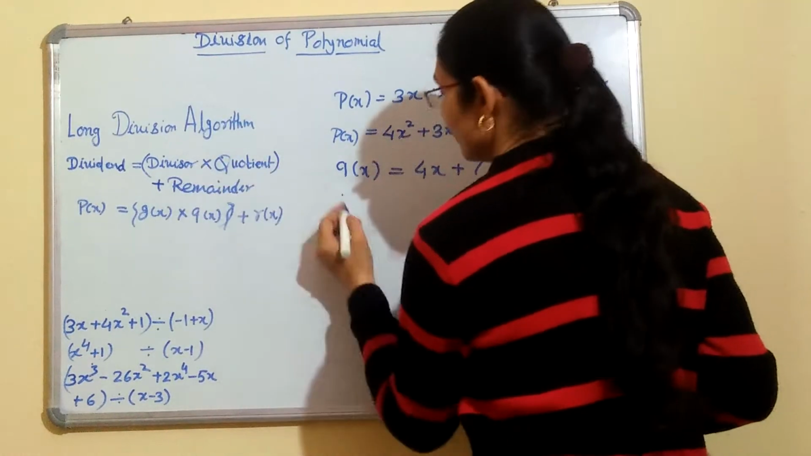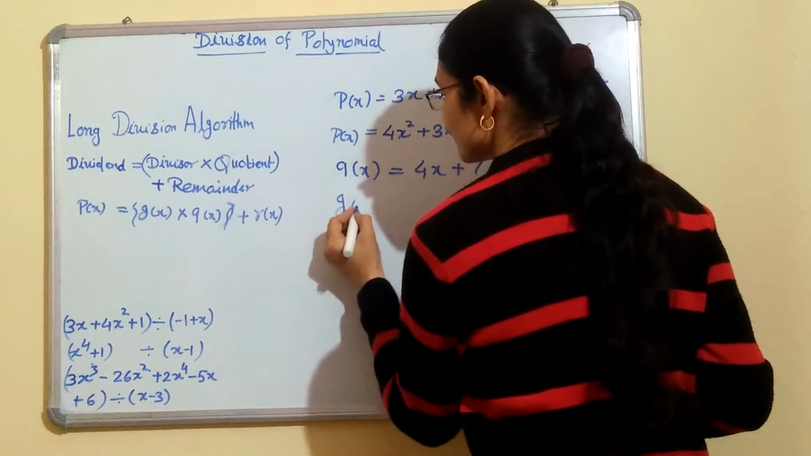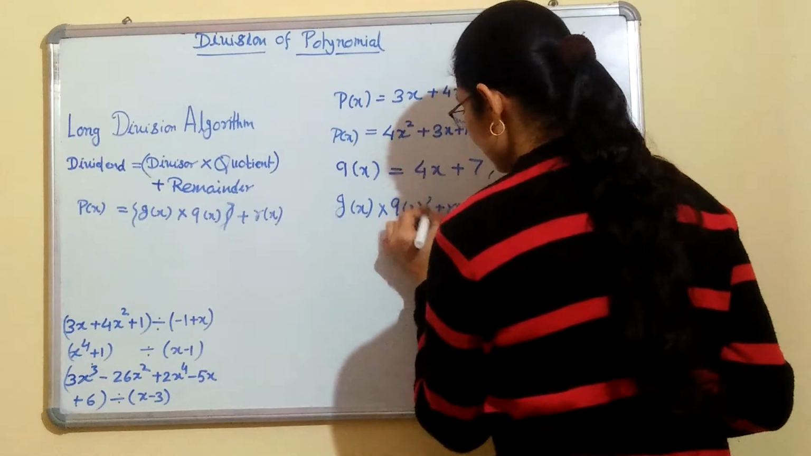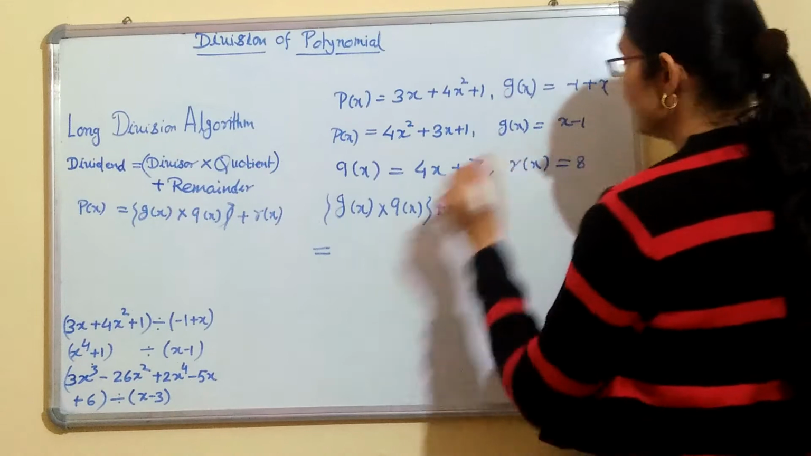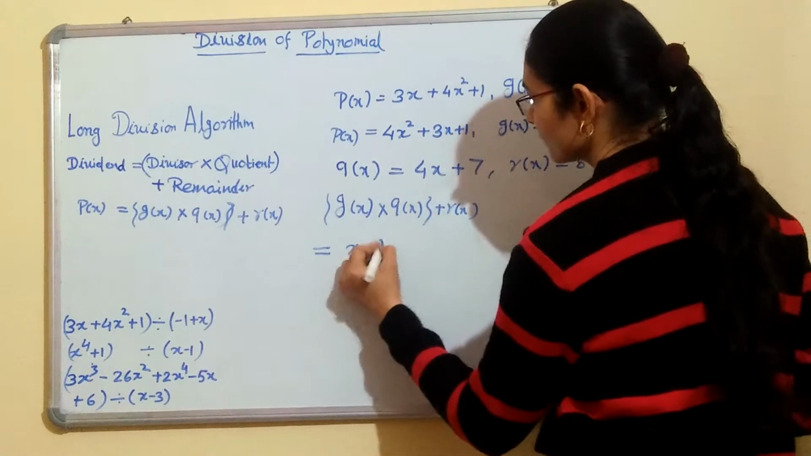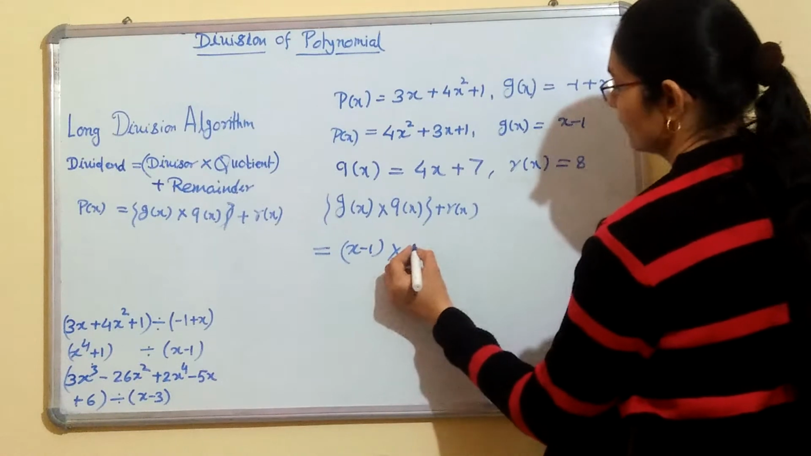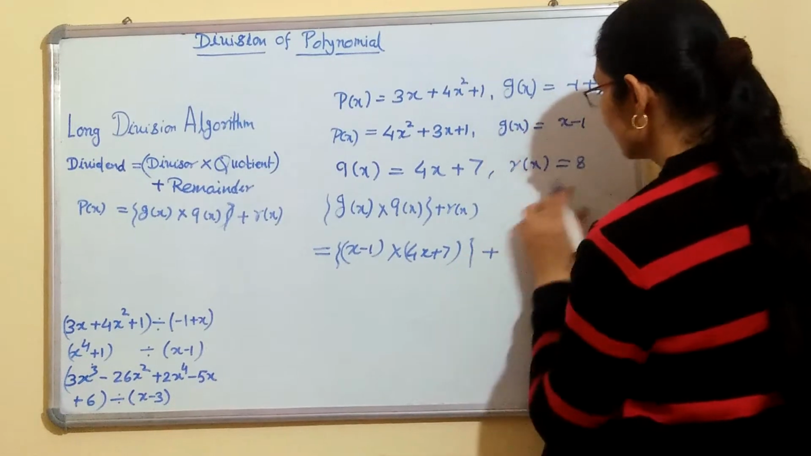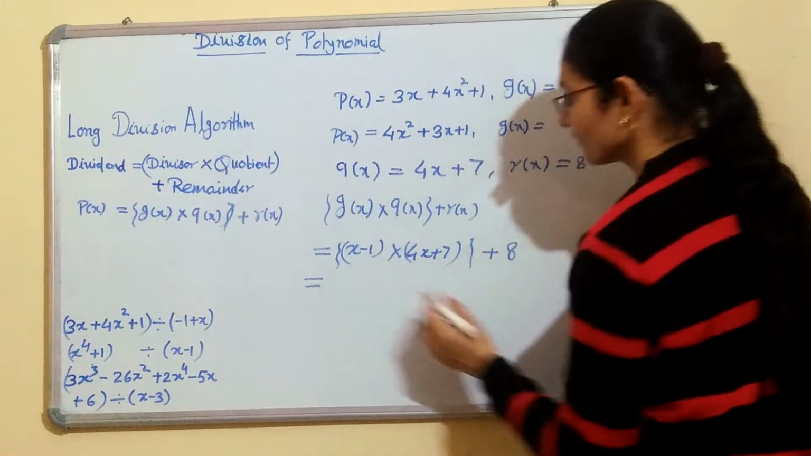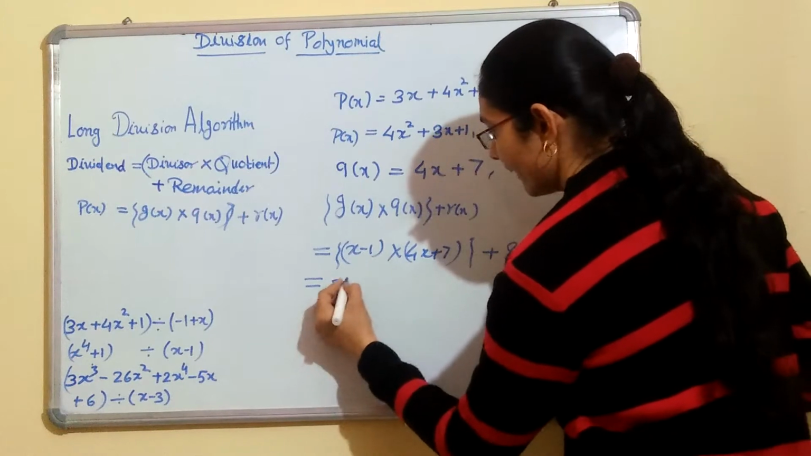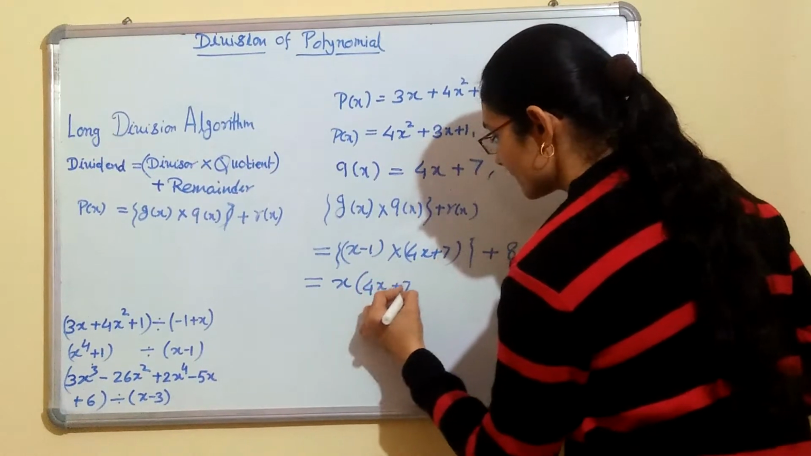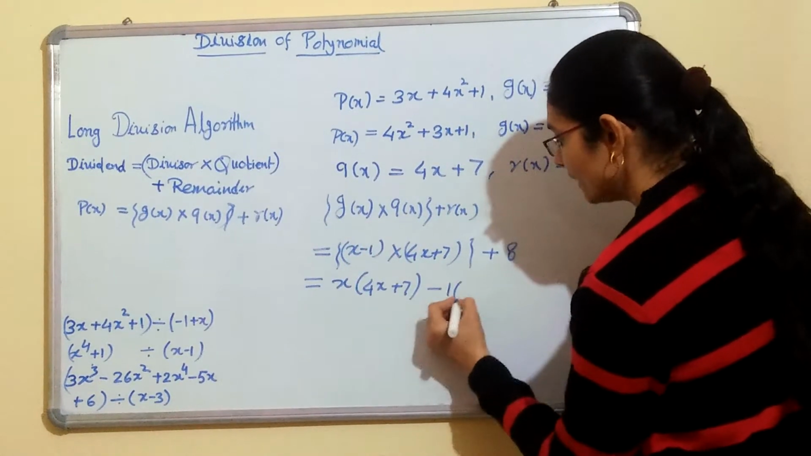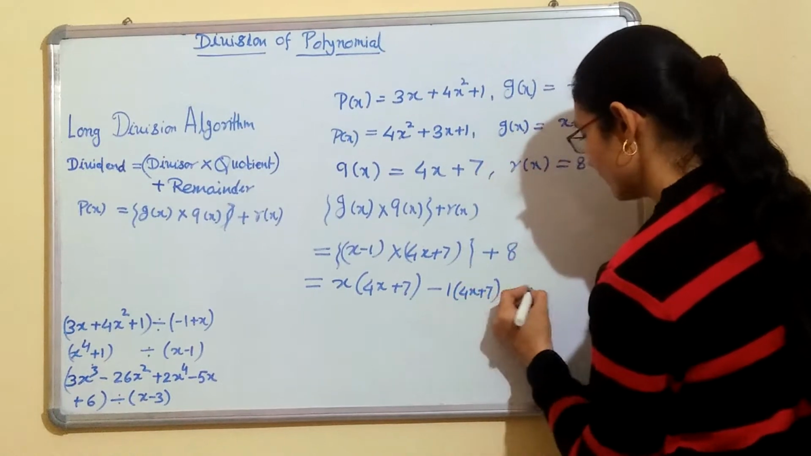So taking the right hand side of this, that means gx into qx plus rx. Gx means x minus 1, into qx means 4x plus 7, plus rx, that means 8. Now x into 4x plus 7 minus, because we will do the distribution, the expansion, so minus 1 into 4x plus 7 plus 8,